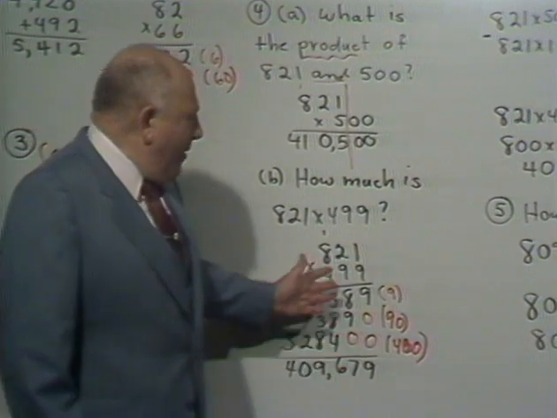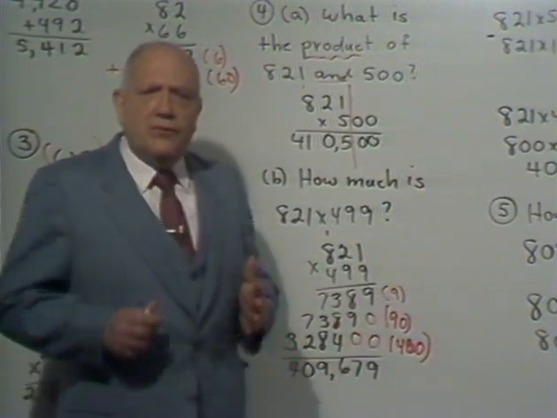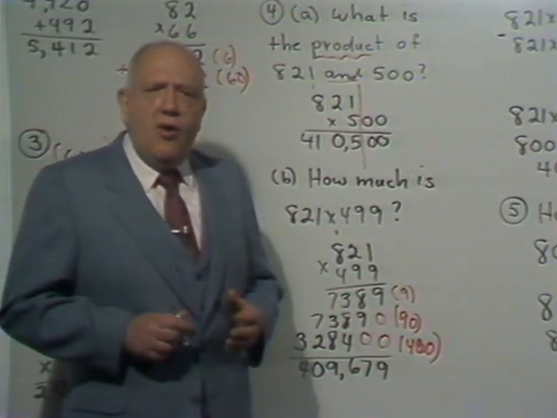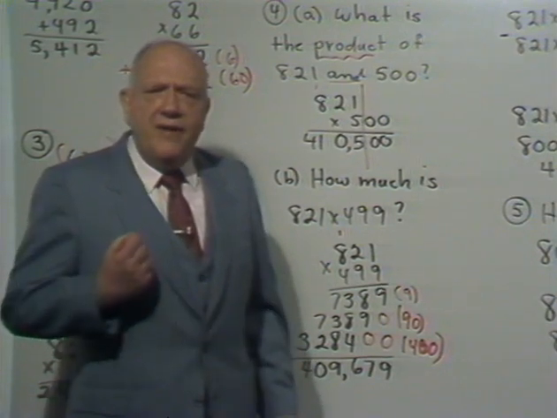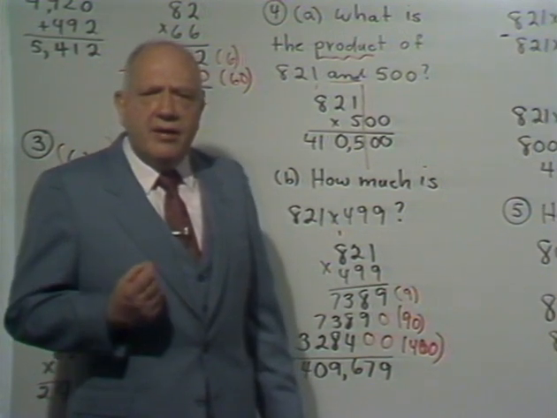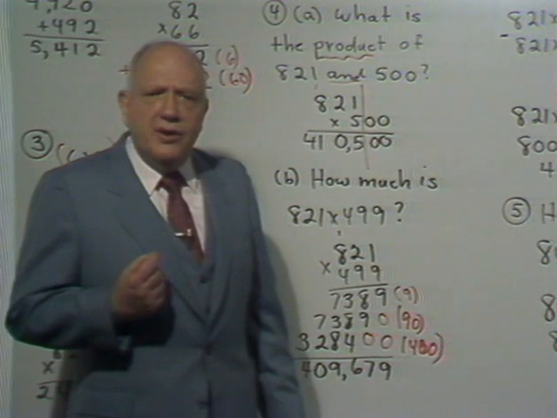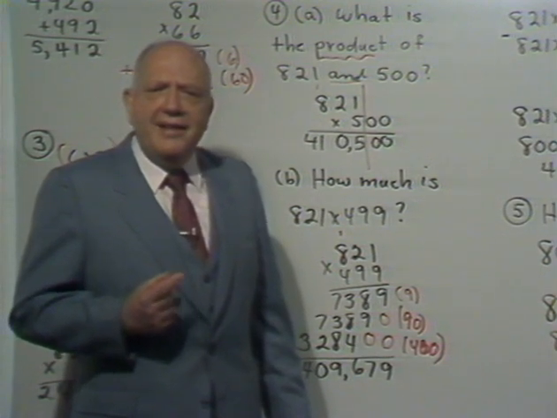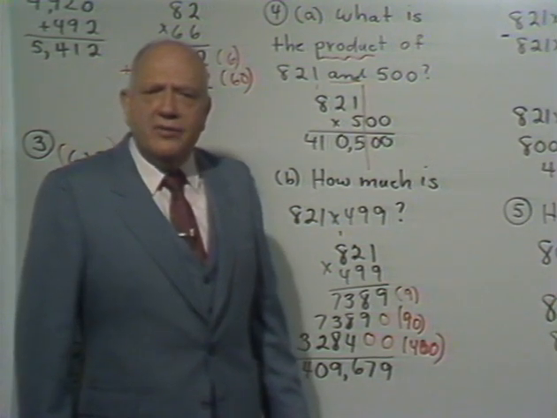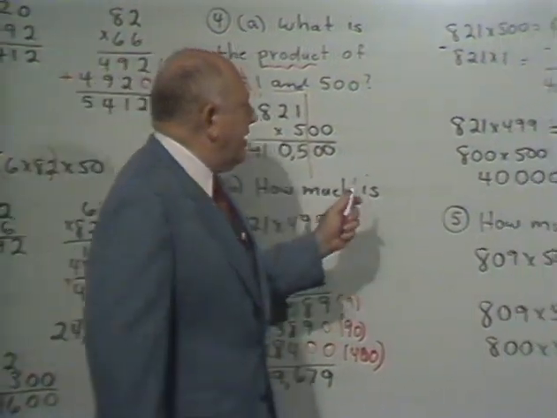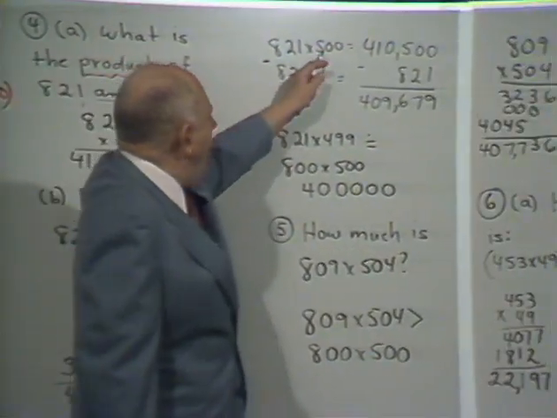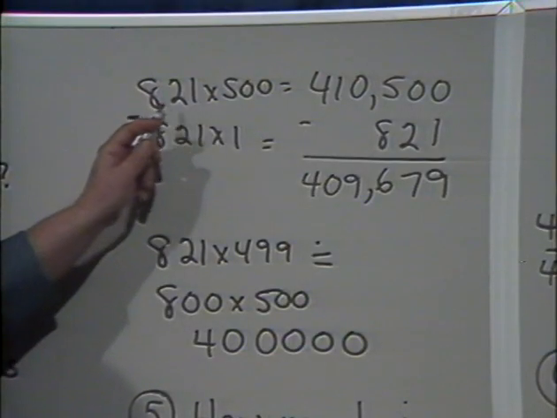Well, that's okay. But you notice that if you do this, I call this the brute force technique. It doesn't show any sophistication. It doesn't give you a feeling for the correct answer. See, what I would prefer to have you do is to say, hey, 499, isn't that just 1 less than 500? See, what I'd like you to say is, look, in the previous problem, we found out that 500 821s is